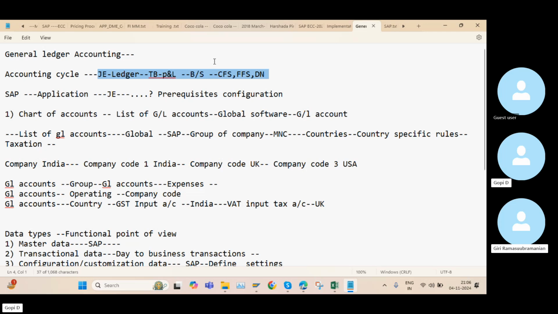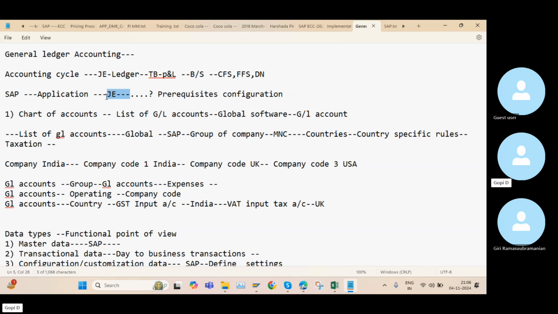But when it comes to accounting software like SAP or Oracle or PeopleSoft or whatever it is, especially in ERP applications, usually we don't go through this whole process. That is why we use accounting software. If you do the same thing we did in the manual accounting process, then there is no use in using accounting software, right? Especially in the SAP application, once we post the journal entry,